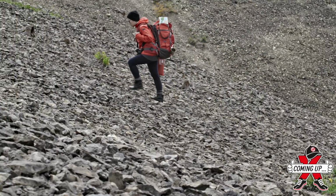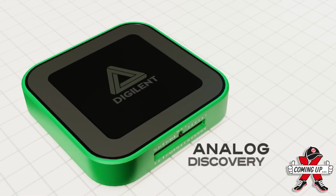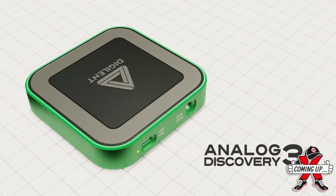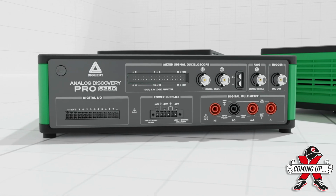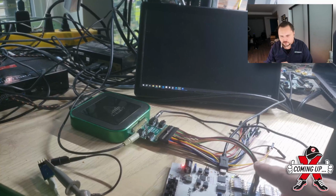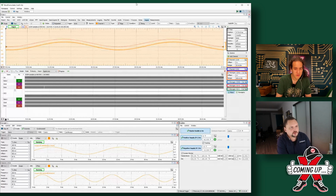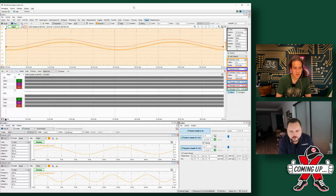Not many of us have the back strength to carry a whole lab's worth of equipment on our backs. Digilent makes USB scopes that are tiny, you can fit in your pocket, but there's the Analog Discovery 3 and the Analog Discovery Pro. So what's the difference? I chatted to Arthur to find out, and he even gave me a demo of 2 of the Analog Discovery units in action. If you want to check out the specs for the Analog Discovery Pro ADP2230, head to